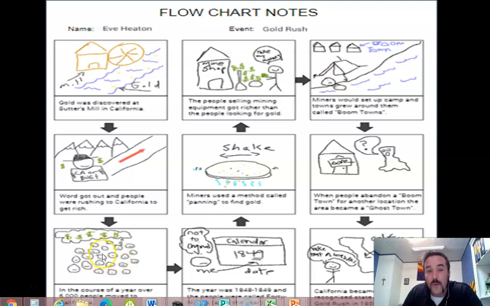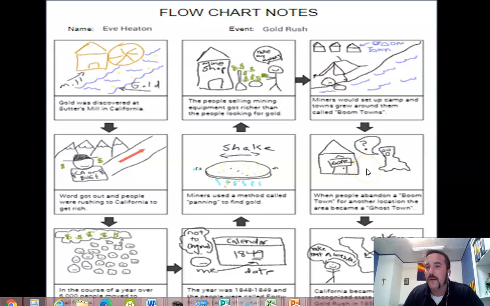But look, all these people wanted to come and get rich, and so they came in, and all of a sudden you got a grocery store popping up. And then, wait, people need food, so we'll open up a restaurant. And people need a hotel, so we'll open up a hotel. And then they need a doctor, so they open up a doctor's office. So all these people thinking, okay, I'm going to get rich getting gold, but they also need all these other services that you need every day. So they shake for their gold. And then in 1849, all these people moved in, and look, you see it's a boom town. They had these whole towns, and then all of a sudden,